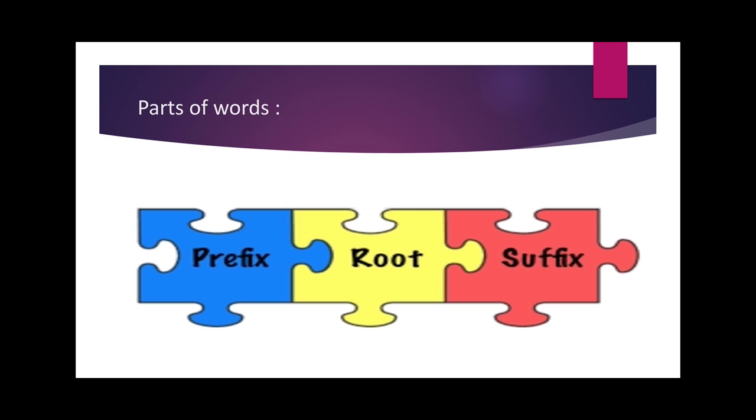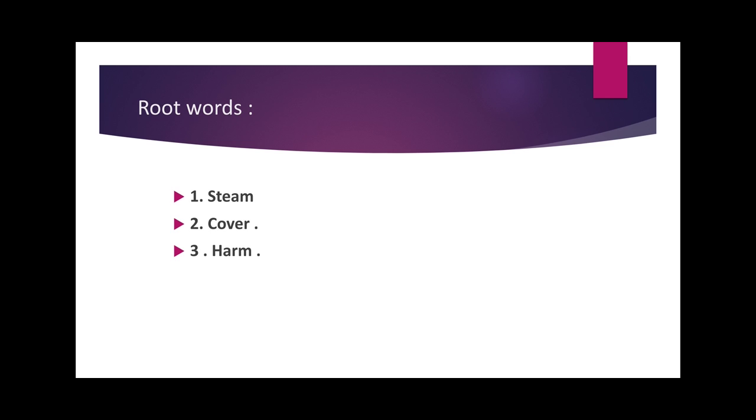And today we are going to discuss how the smallest unit of a sentence can be further divided into various parts. Here I have included an image where you can identify that we have three main parts of a word, and they are prefix, root and suffix. In these three parts, root is the main part on the basis of which the prefix and the suffix come. So now let's have a detailed discussion on it.